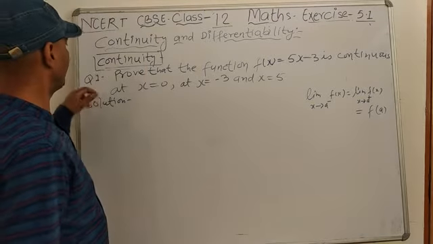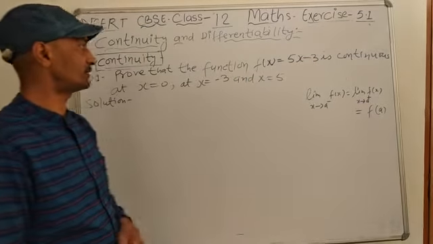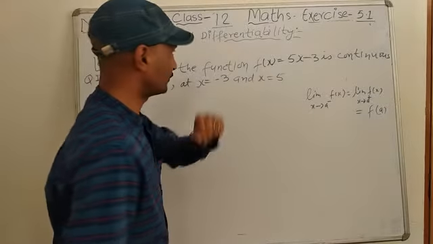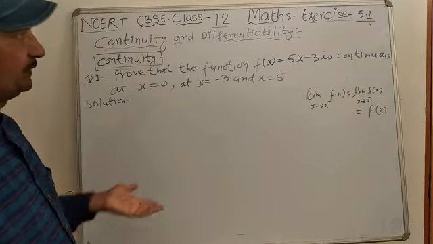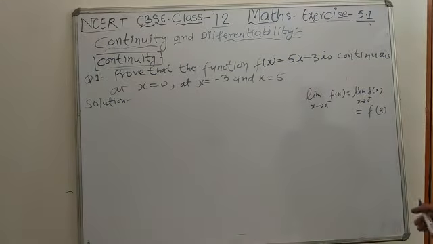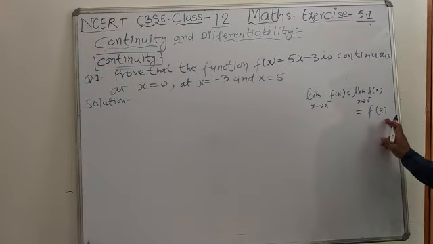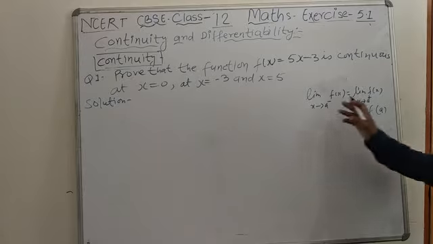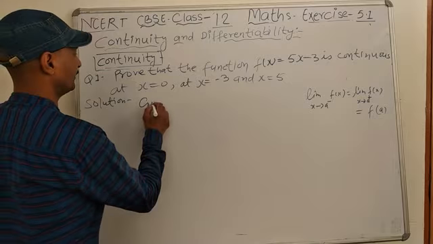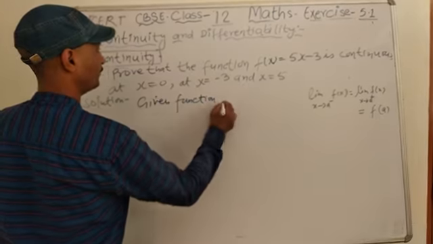Now you see that question number 1 is: prove that the function f(x) equals 5x minus 3 is continuous at 3 points: x equals 0, x equals minus 3 and x equals 5. For the continuity of any function, we just studied 3 conditions: left hand limit equal to right hand limit and equal to f(a). So if the 3 conditions are fulfilled here, we can say that it is a continuous function. Now the given function is